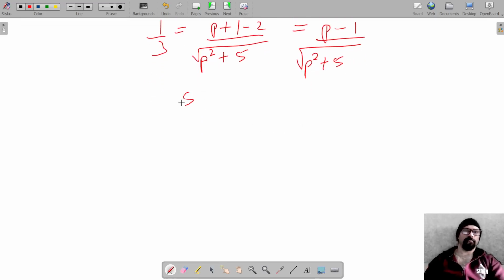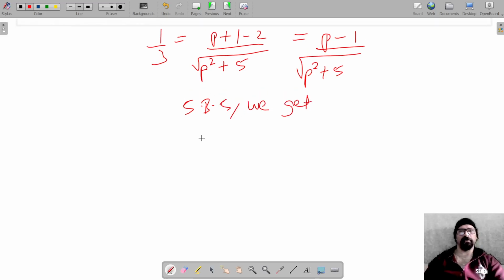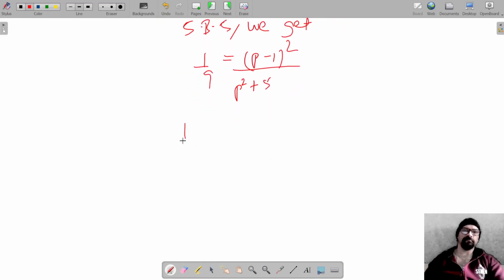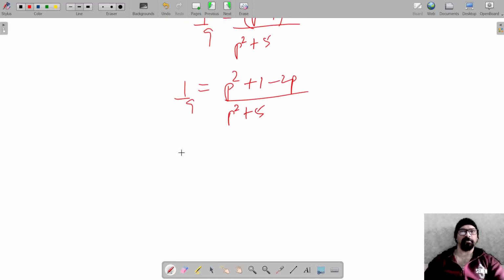If we square on both sides, this gives me 1 by 9 equal to (p minus 1) the whole squared upon p squared plus 5. So 1 by 9 is equal to (p squared plus 1 minus 2p) upon (p squared plus 5),